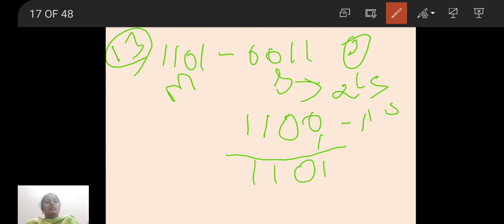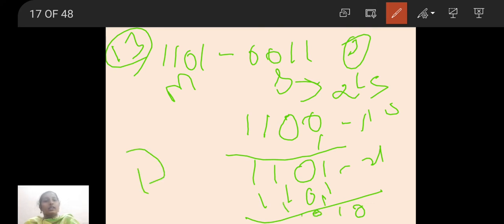Now you add the 2's complement of the subtrahend to the minuend. How much is it? 1, 1, 0, 1. So 1 plus 1, 0. 1 plus 1, 0. 1 plus 1, 1, and you neglect the carry. Finally you are getting how much? 0, 1,